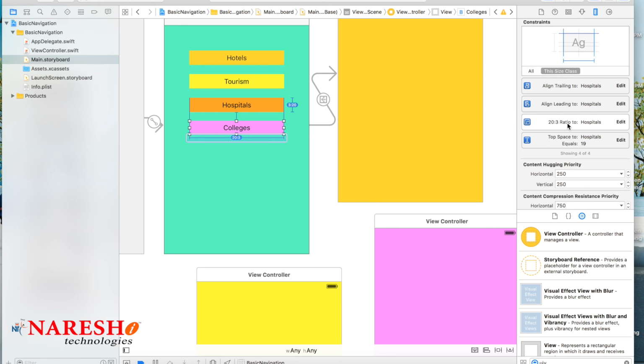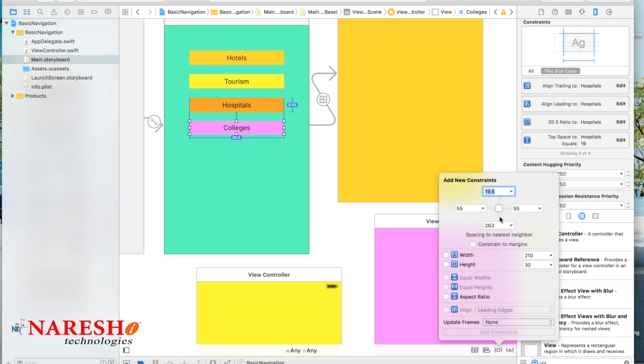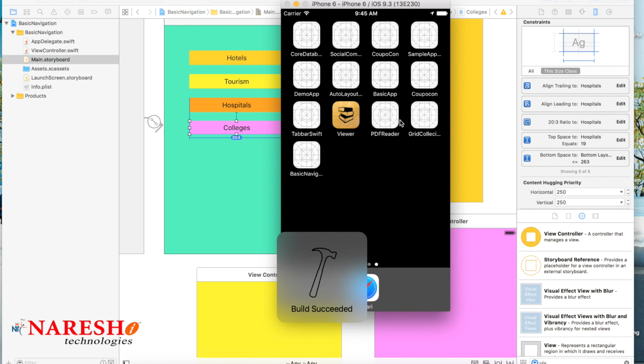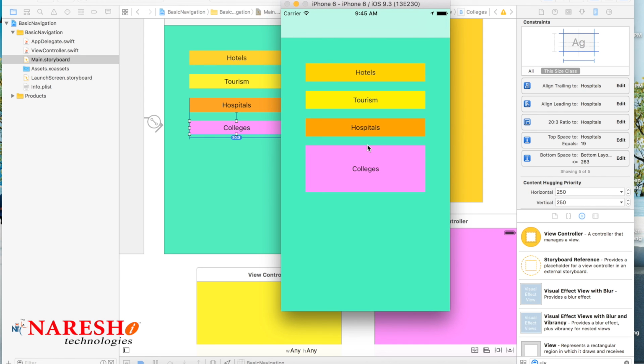Select this, and we have to give priority-wise. If you give the bottom, which one it has to take? Usually set some bottom to this. We can give bottom, but the bottom value we can also give more than that, or maybe lesser than this. So like this, that means this value or less than means automatically while increasing height it will increase the height of this element. So less than or equal to means, because that value is